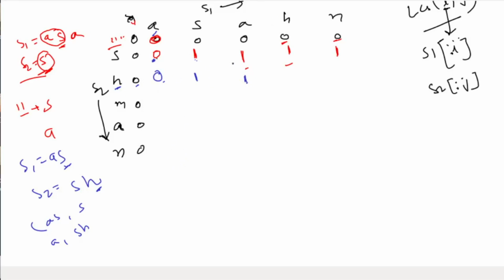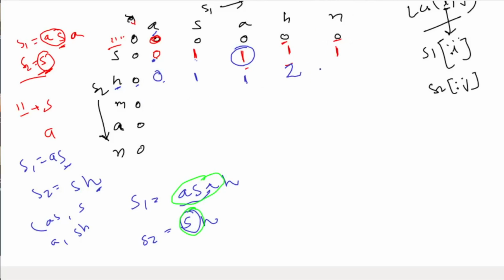So initially we know the length of longest common subsequence for prefix of S1, that is ASA, and for S2 that is S, that is we know this value already, and now we are adding H to both of them, that is to S1 and S2, that is we are incrementing the length of longest common subsequence for this pair of prefix. Okay, so that is 1 plus 1, so it should be 2, and then H is not equal to N, so we'll take again maximum.